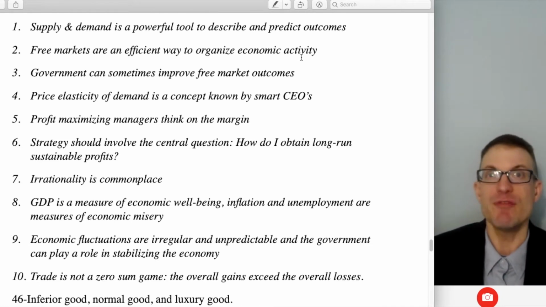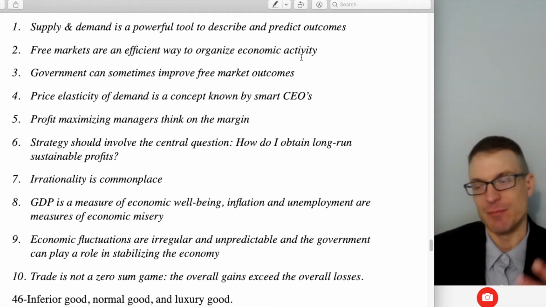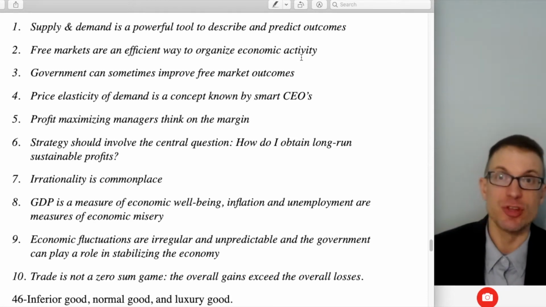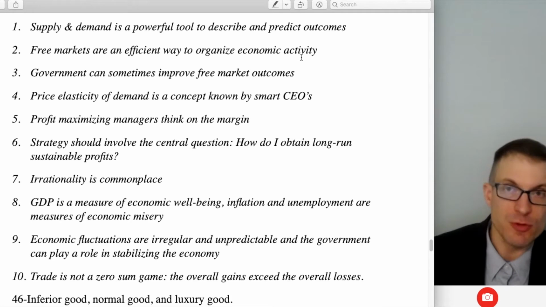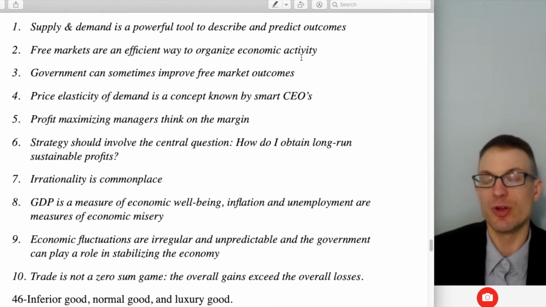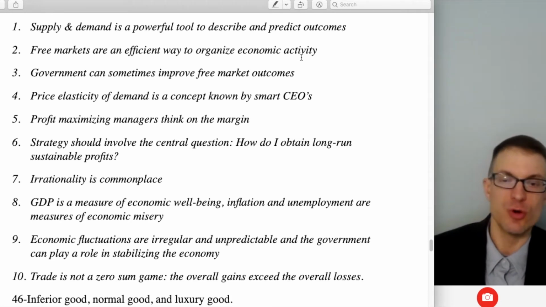However, if we have the assumptions necessary for a free market, where indeed Adam Smith's invisible hand actually coordinates economic activity, we expect we're going to get the efficient outcome. We're going to get goods and services directed to those who are willing to pay the most for them, who value them the highest, and we're going to have production performed by the efficient, low-cost firms.